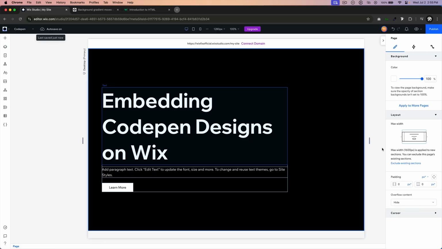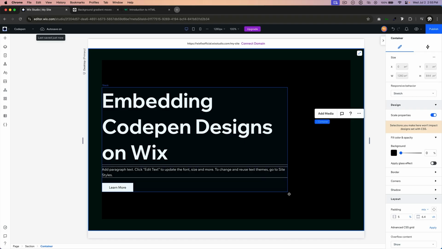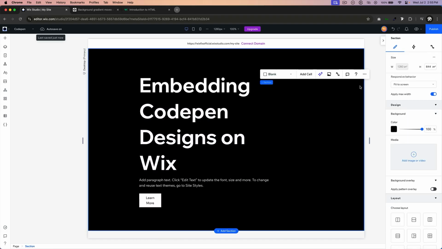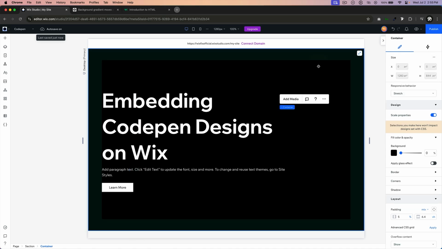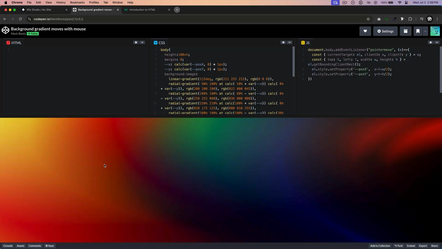Okay, so here I am inside of Wix Studio, and we want to embed a CodePen, like a cool design effect, inside of our Wix website. So how are we going to do that? Here in Wix Studio, I've designed this section, and I want to make note that this section I designed is actually inside of a container. And what we want to do is add this really cool CodePen design in the back with some nice animation